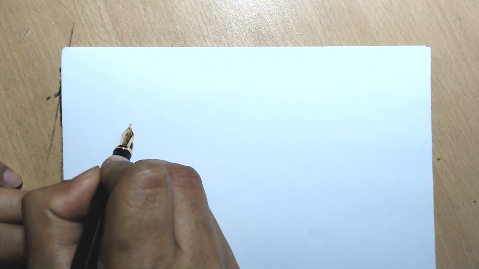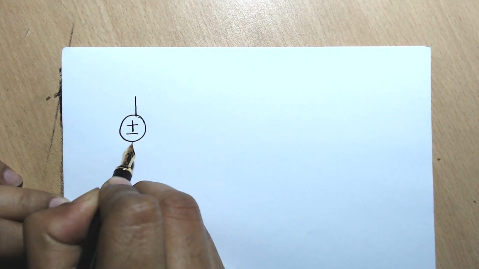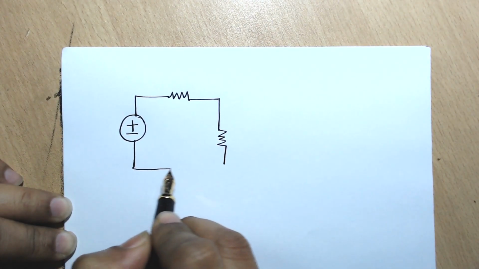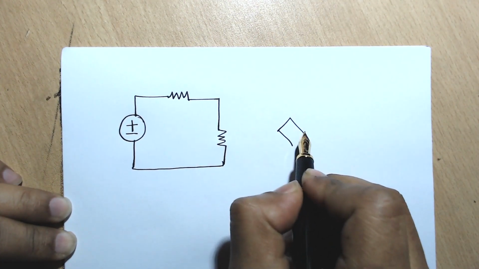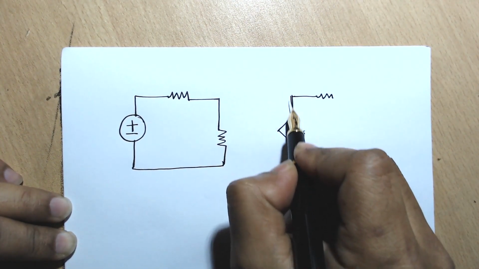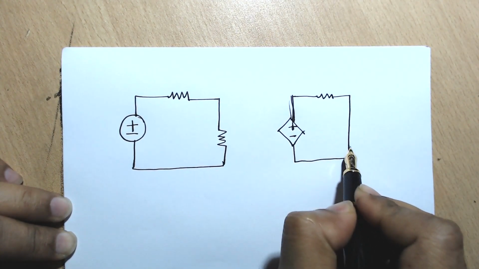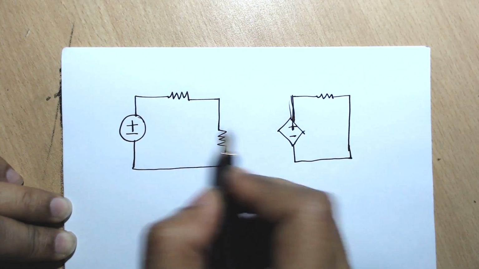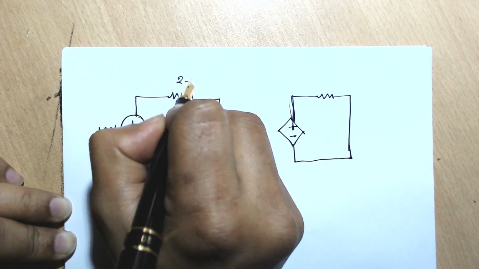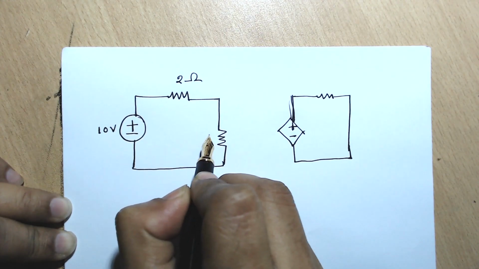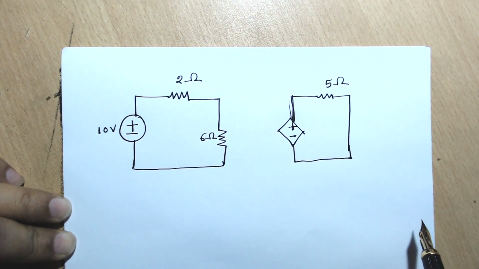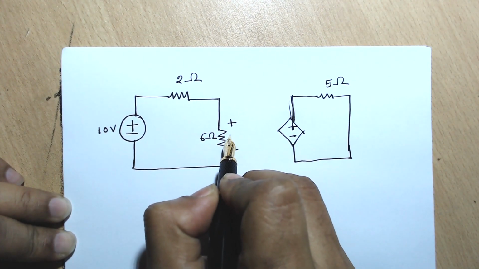Now let's say I have a circuit like this. There is a resistor, or let's say there are 2 resistors, and let's say I have another circuit where there is another voltage source and there is a resistor. Before going further, we just put some random values. Say this is 10 volt. Let's say this is a 2 ohm resistor, and let this be a 6 ohm resistor. Okay, and say this is a 5 ohm resistor, and the value across this resistor, let us call this V,